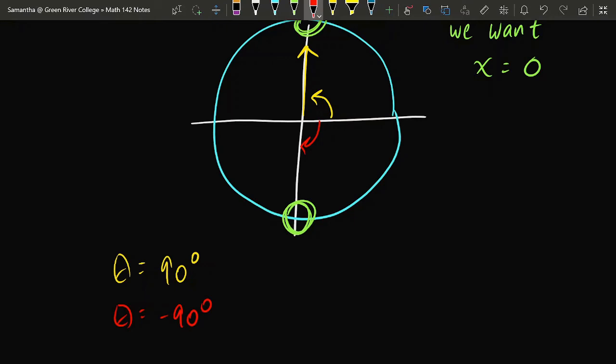Of course, each of these angles is just describing one possible way to reach these two directions. There are a bunch of other angles which are coterminal to 90 and negative 90, which will also point to the same direction and will give us the same cosine value. So I'll add: or any angle coterminal to these.